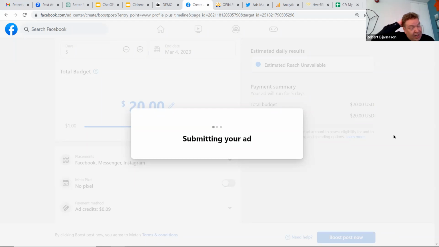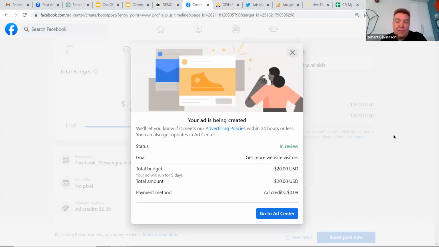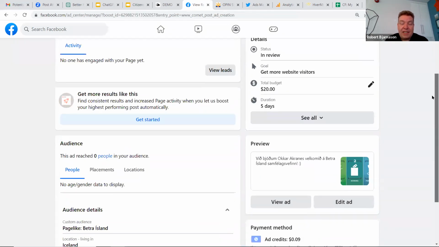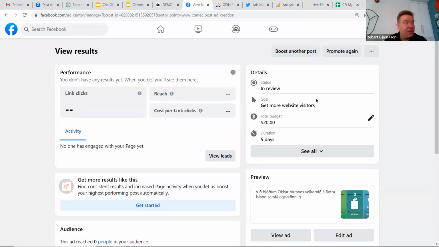So this is just a quick overview of how you do this on Facebook, and it will go into a review, and then my ad will start to run. But as I say, it's just an example, just something for fun.